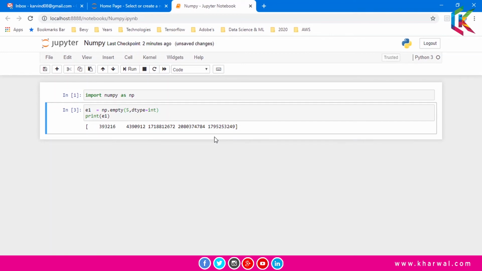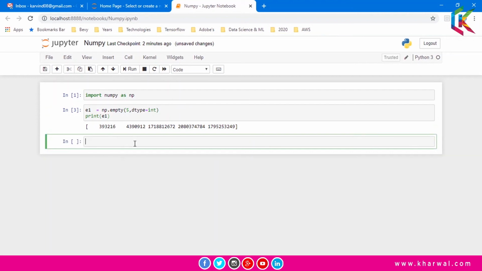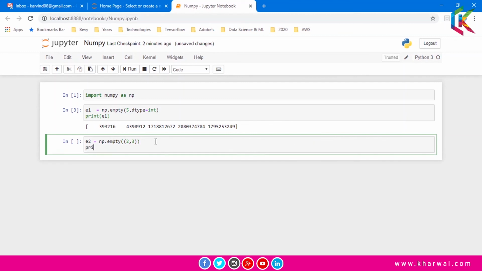So now guys, I am going to create a two-dimensional empty array. So let's do this. I am going to create a two-dimensional array of 2 cross 3. So now I am going to print this.